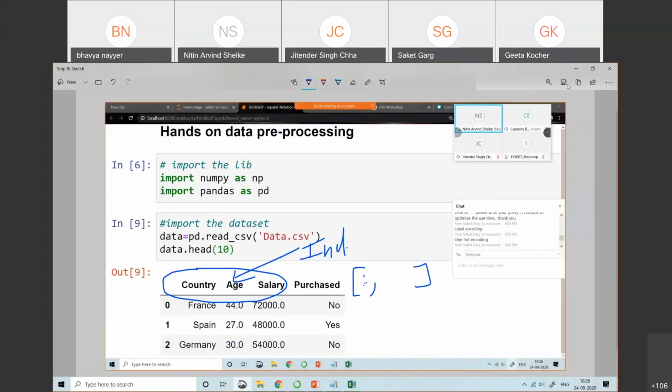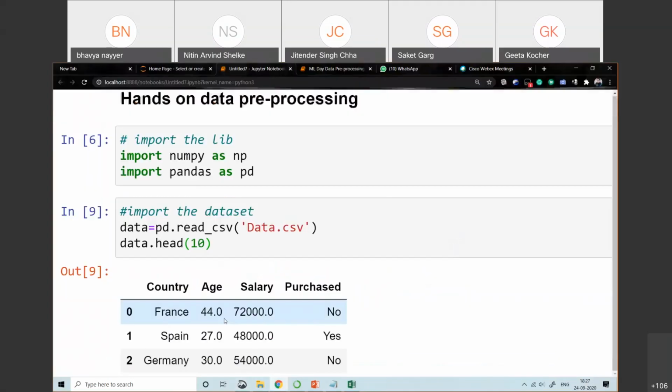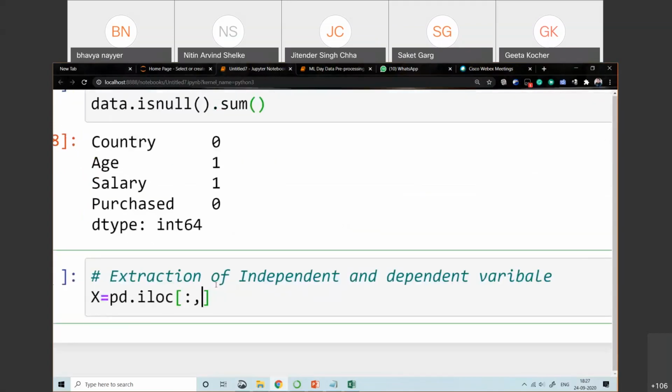Okay, Bhavya says 0:3. Right, 0:3. What does 0:3 mean? It is 0, 1, and 2. The meaning of 0:3 is 0, 1, and 2. In this way we can extract your independent variable, 0:3 and dot values.